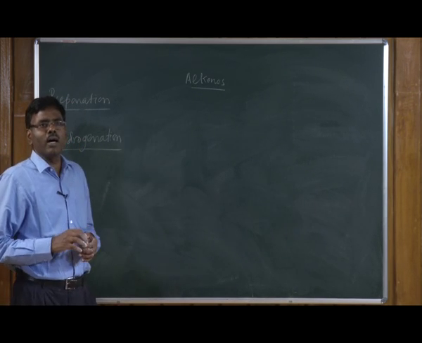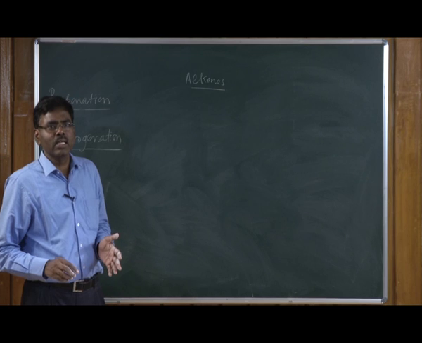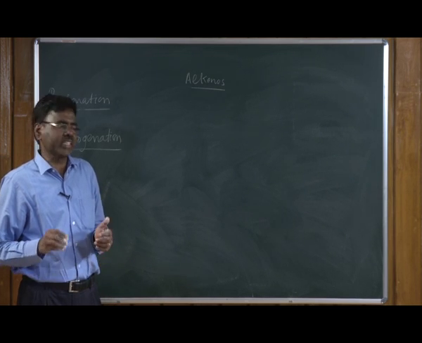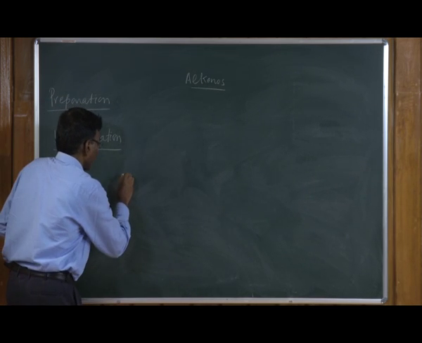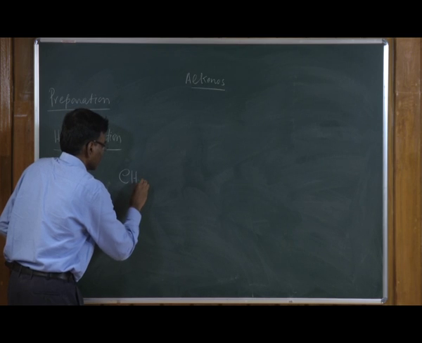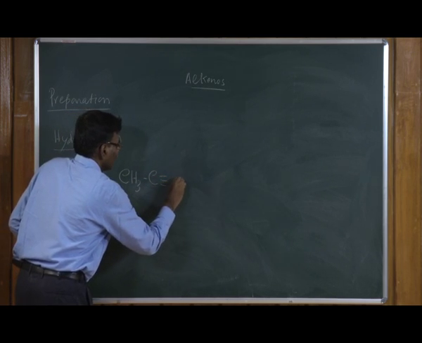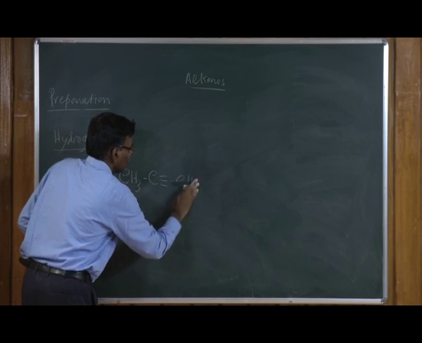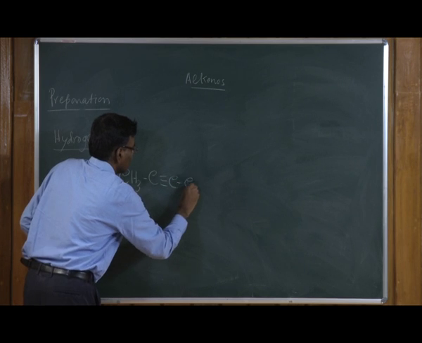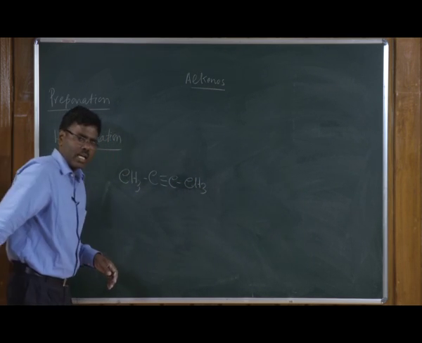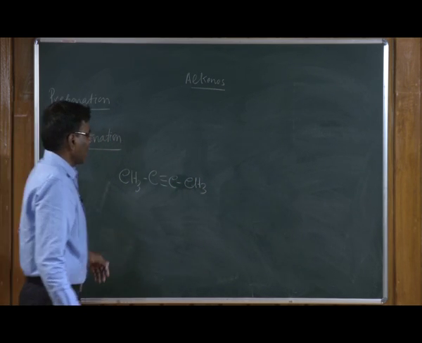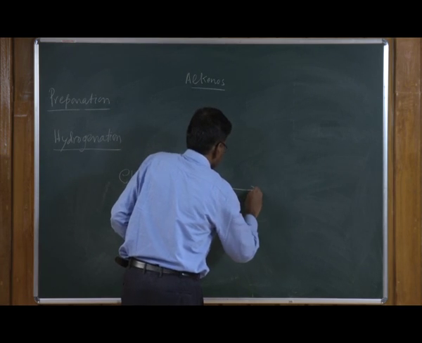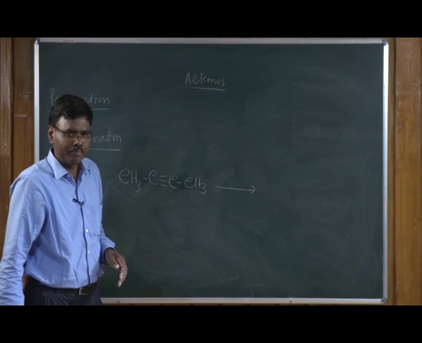There are two ways you can make alkenes, and one is catalytic hydrogenation. For example, if you have this alkyne, it can be reduced into the corresponding cis alkene,